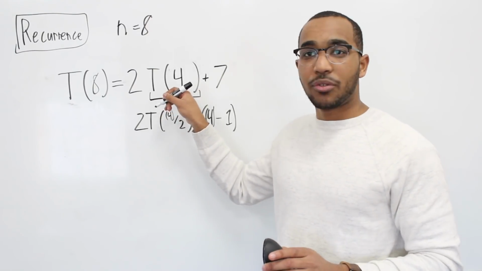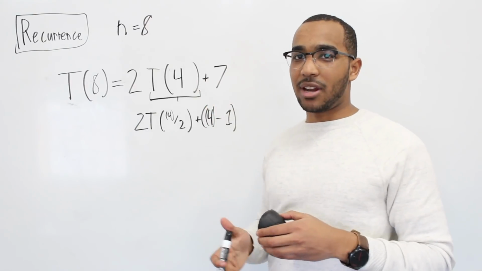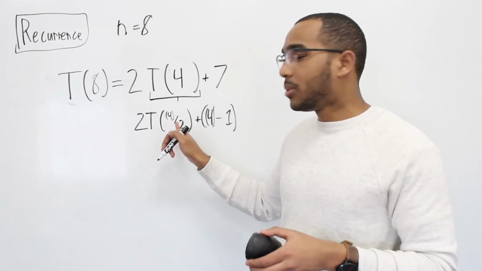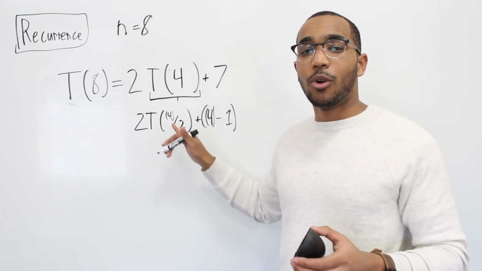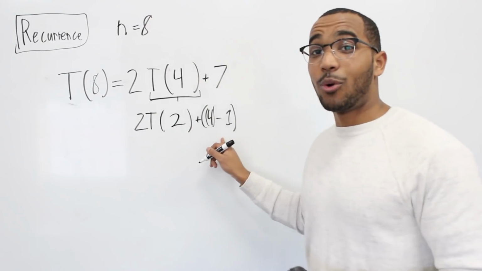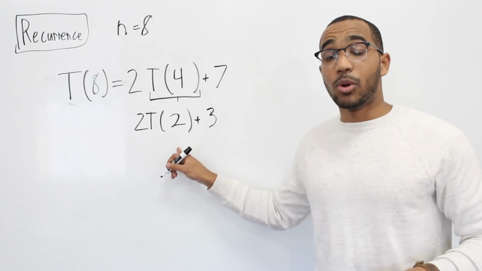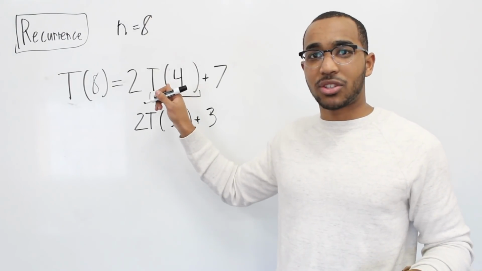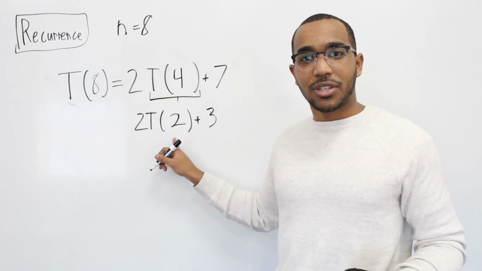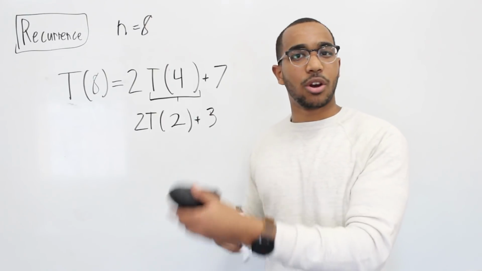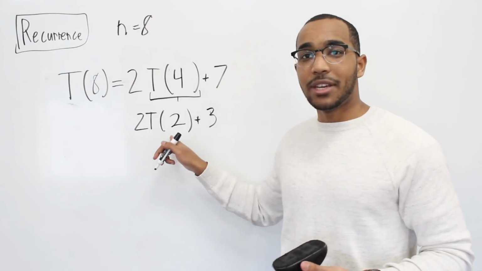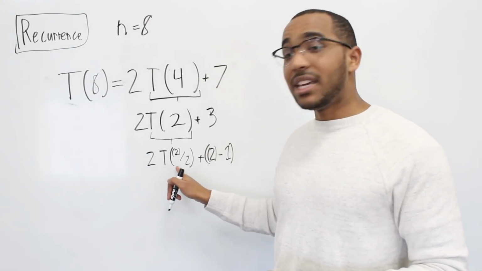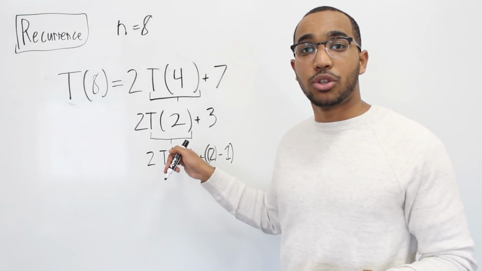See, all we did is, now n is 4. Well, technically the overarching n is not 4, but the input into the recurrence is going to be 4 right here. And all we do is simplify like we did before. So 4 over 2 is 2. And then 4 minus 1 is 3. Okay, we're solving for T of 4 now, so we can solve for T of 8. But to solve T of 4 so I can solve T of 8, I need to solve T of 2. So do you see how it's just building on each other? It's just recursion. So T of 2 is defined like this. Okay, so now we have T of 2 over 2. All we did is plug 2 for n.